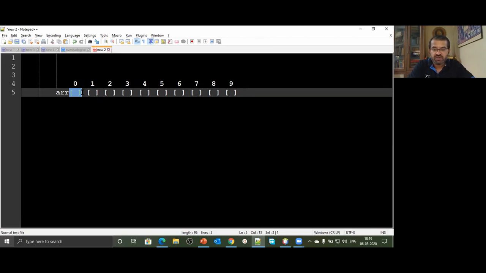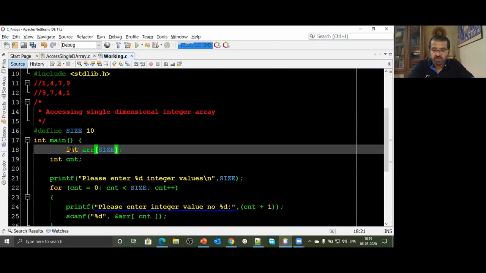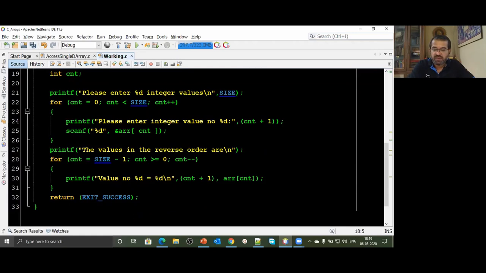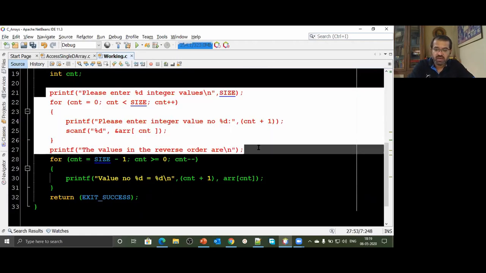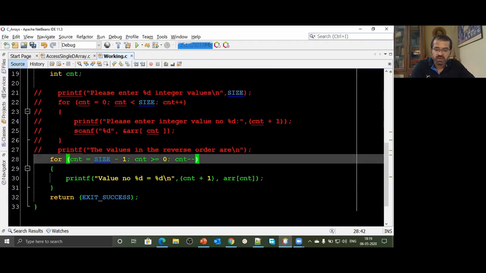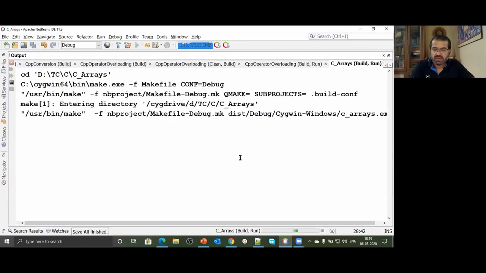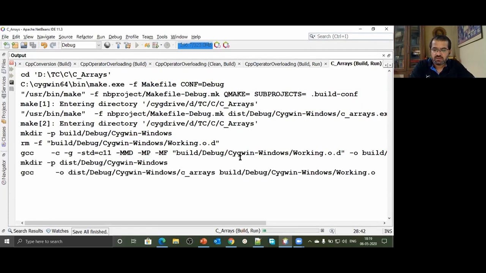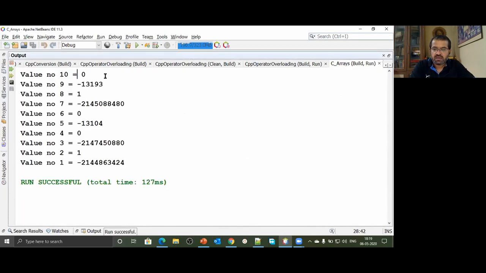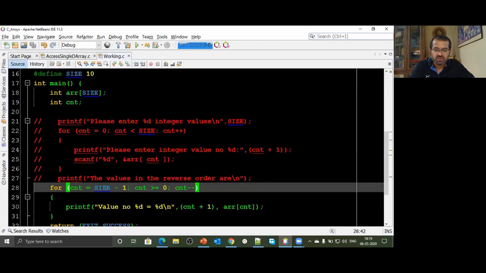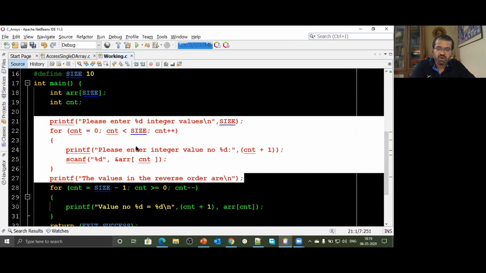If this is the first variable, currently they will all have garbage values. Let's print and see, because we said earlier that they're going to have garbage values. First I'll just print the values and show you. If I run this code, all of them will have garbage values. Look at that, somewhere 0, somewhere -1, all garbage, unpredictable values. You cannot predict what values will be stored inside that array. So we create an array and just display the values, and we got all garbage values.